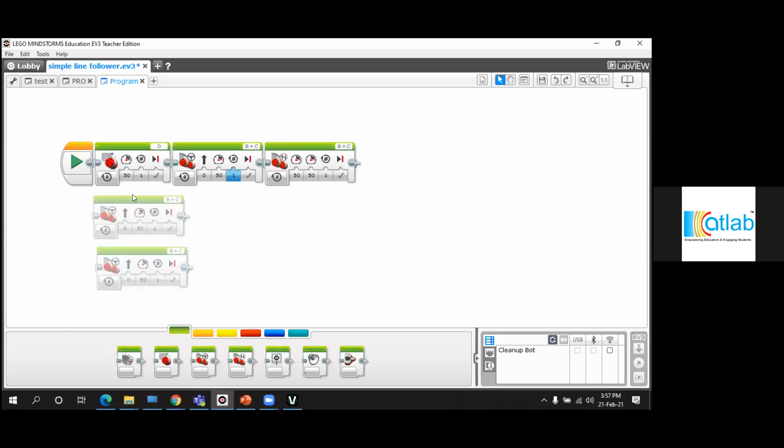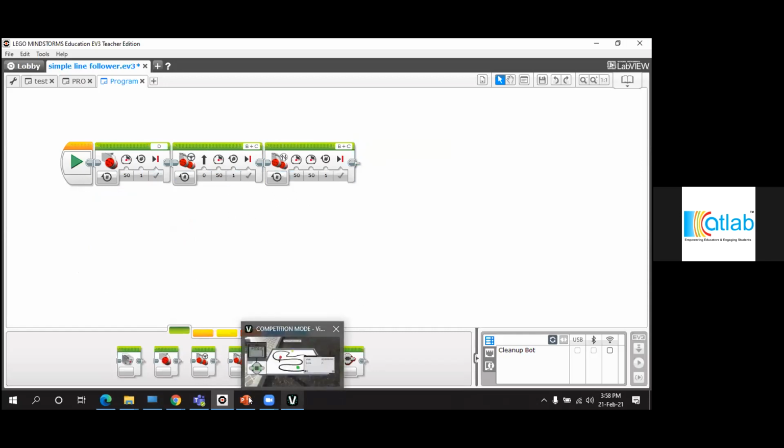So this is the right software for the VRT software. The Scratch version won't support VRT software. If you have installed the Scratch version of EV3 Mindstorms, please uninstall it and install this software. Only this software is suited for VRT software.